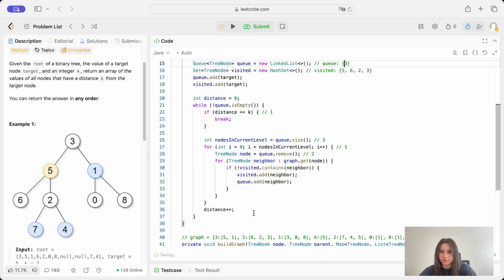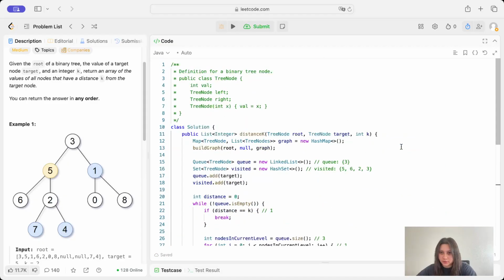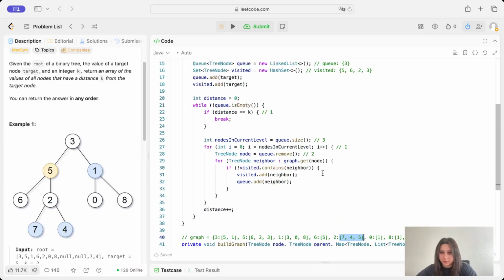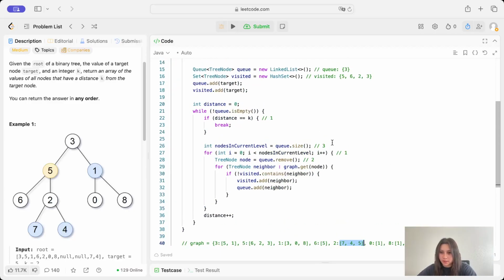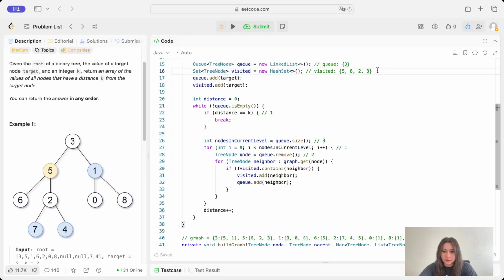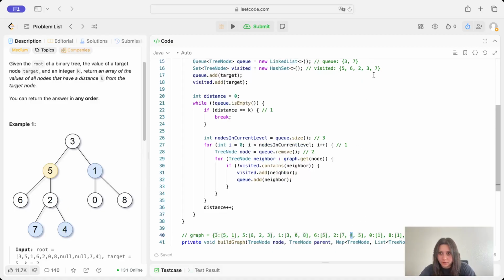Then we remove the top one, which is 2. And then for every neighbor in 2, which is this list, we will check if it's in visited already. So 7, we do not have 7, so we'll add that to both. 4, we don't have 4, so we'll add that to both. And 5, we already have 5, so we will not add that to anything. And then we will exit this loop, and then this becomes 2,